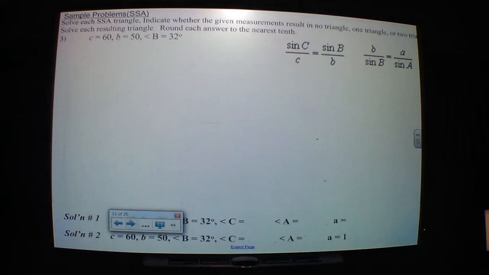And then here's another one. Solve this triangle. Indicate whether the given measurement results in no triangle, one triangle, or two triangles. Solve each resulting triangle. If you want to check the triangles like we did, using the rules from